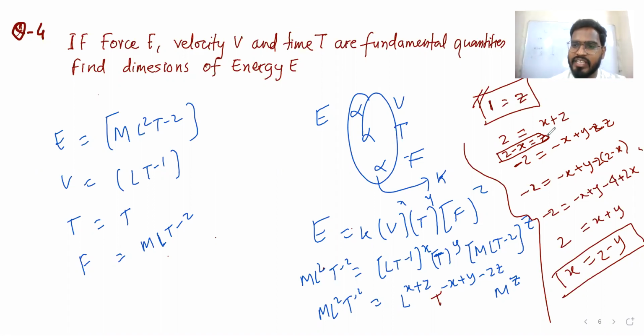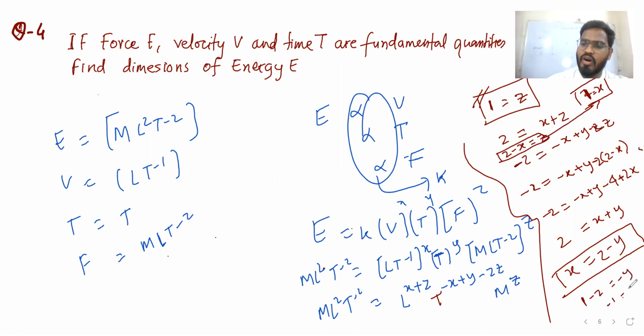2 is equal to x plus z. So from here we can say 2 and then that is 1. So this side will come, x will become what? 1, right? Because z is 1, so this side will become minus 1. So minus 1, 2 becomes 1. So x is equal to 1, then y is going to be what? X is equal to 1, y is going to be, this side it will come, right? It will become minus 2 is equal to minus y.